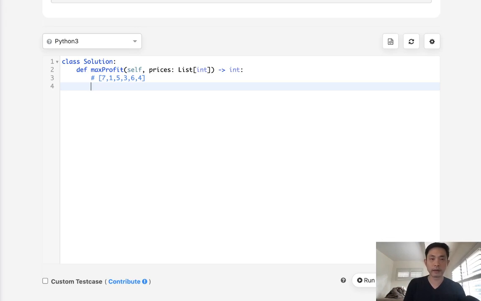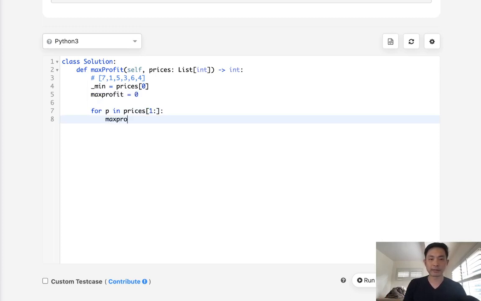So to do that, we could just have two variables. We'll start with min, and the very first one would be prices[0] because that's the very first price. That's the minimum price that we can buy at, right? And max profit would just be 0 at first. Now we take p in prices from the second element on, since the first element doesn't matter at this point,